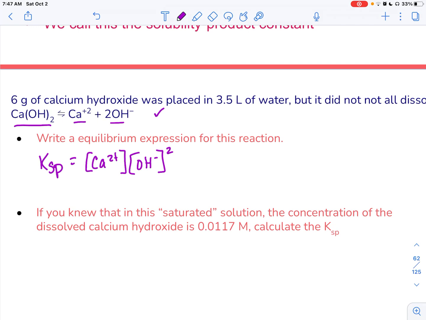If you knew that this saturated solution just means as much as can be dissolved is dissolved, the concentration of dissolved calcium hydroxide is 0.0117 molar. Calculate the Ksp. Okay? So what we need to do is find the concentration of Ca2+, the concentration of OH-, and plug them in here. All right, our calcium hydroxide